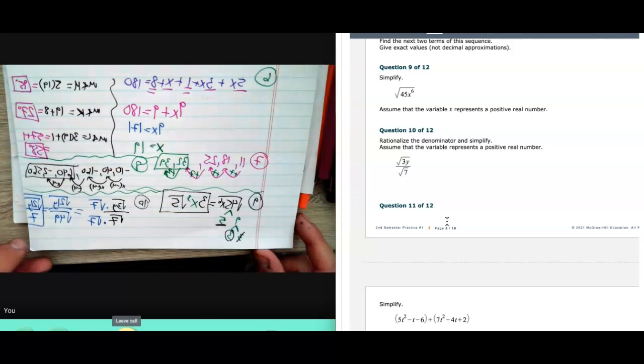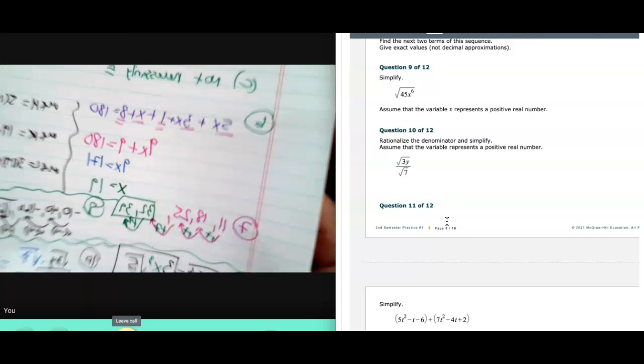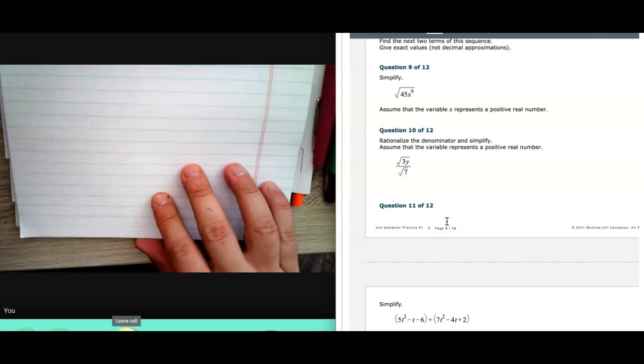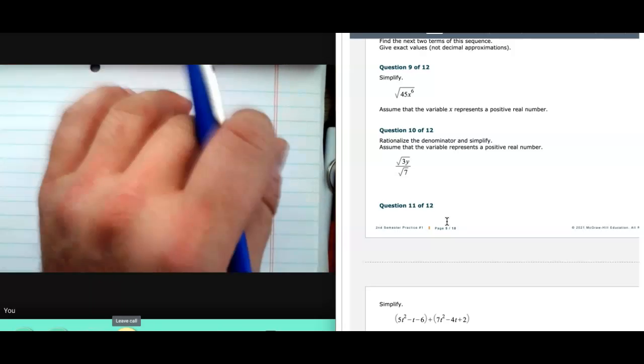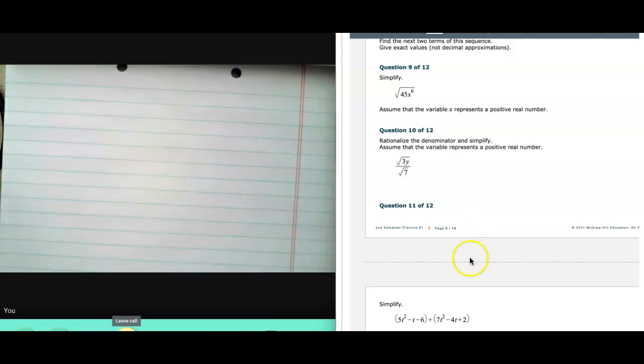Let me get those last two in here. I'm going to have to flip the page. Okay, so